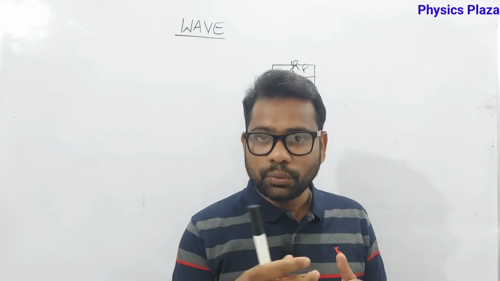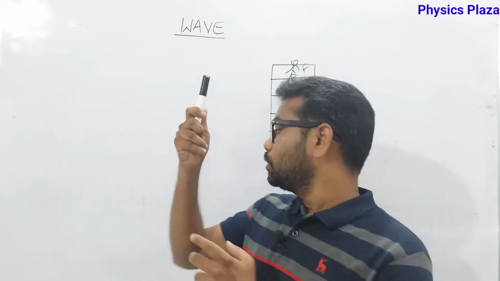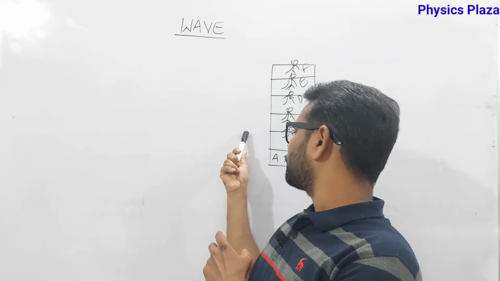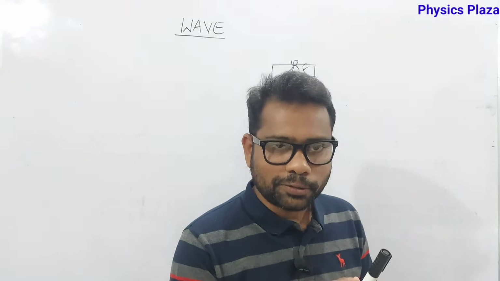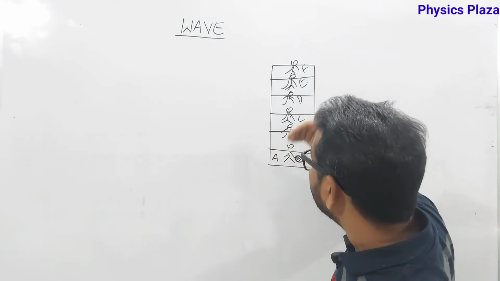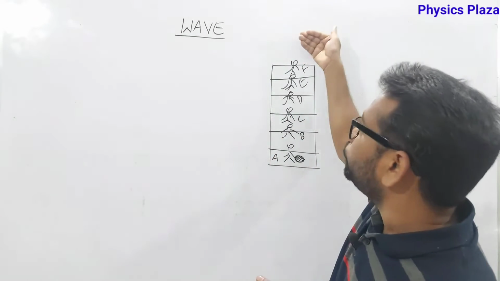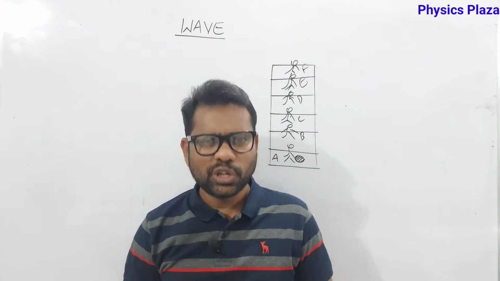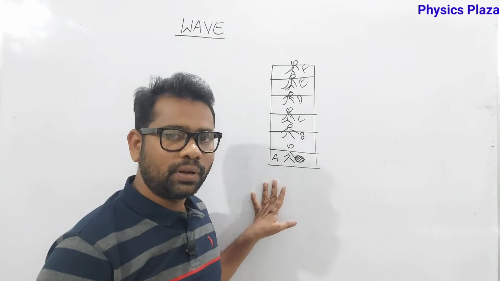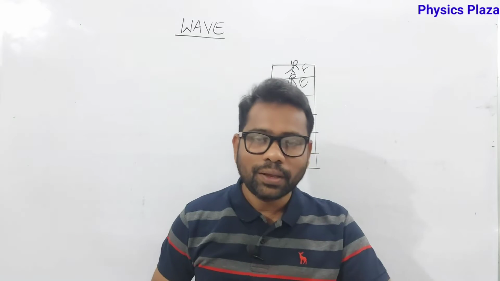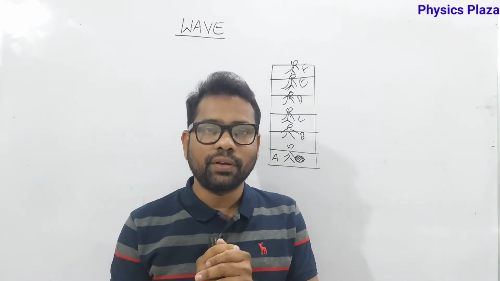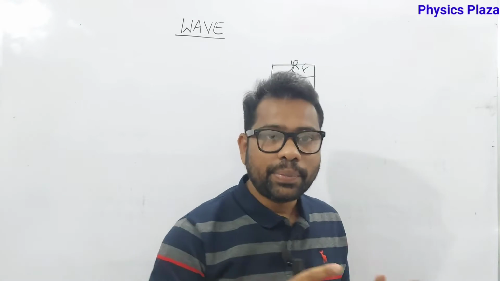Then what will happen? After giving to student B, student A again will come back to his position. Then what will student B do? Again student B will give the thing to student C, and again will come back to his position. So this is how it can be carried to student F also. Children, in this example, are the students moving? No, they are not moving. What they are doing? They are just vibrating.